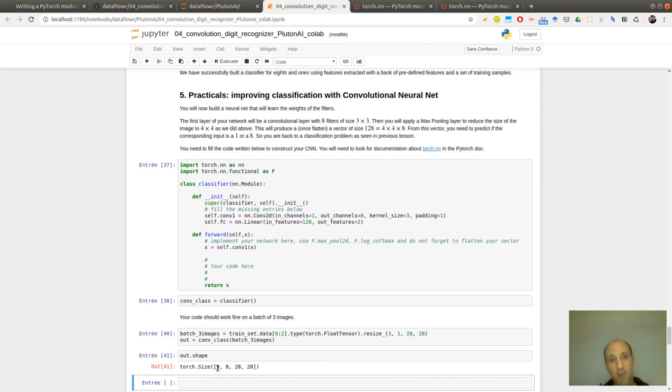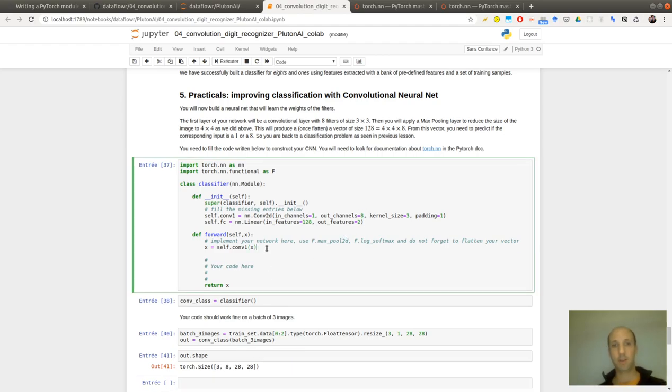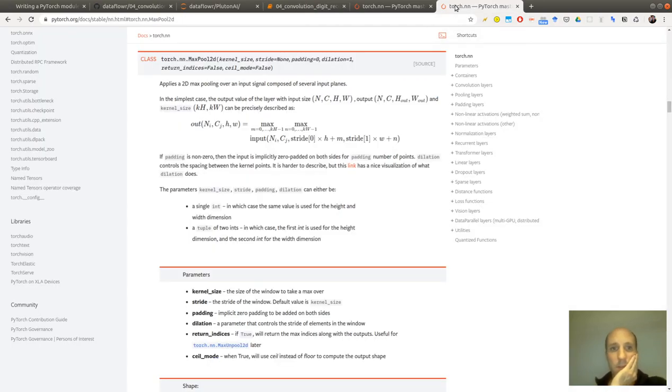I obtain a batch of size 3, 8 channels now, this 8 on 28 by 28, so it's okay. Let's do now the max pooling. So remember, first kernel size, then stride.